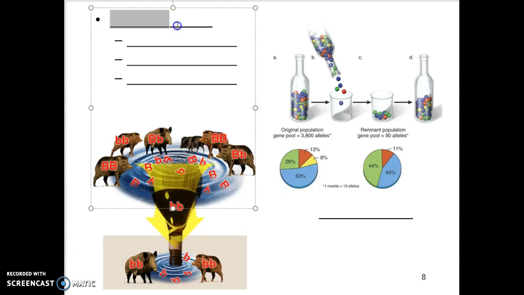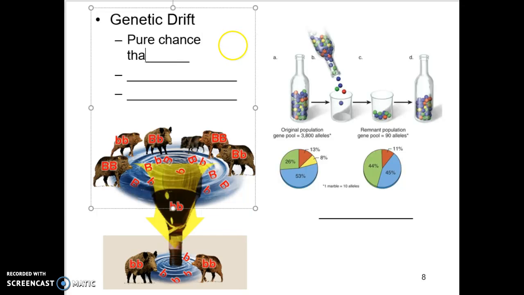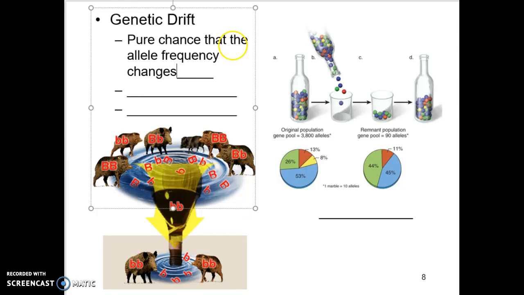The fourth one is something called genetic drift. Genetic drift is really just pure chance that the allele frequency changes. Just blind luck, pure chance. What we want to look at are 2 examples of genetic drift. One is called the bottleneck, and the second one is known as the founder effect. We will look at both of these in the next